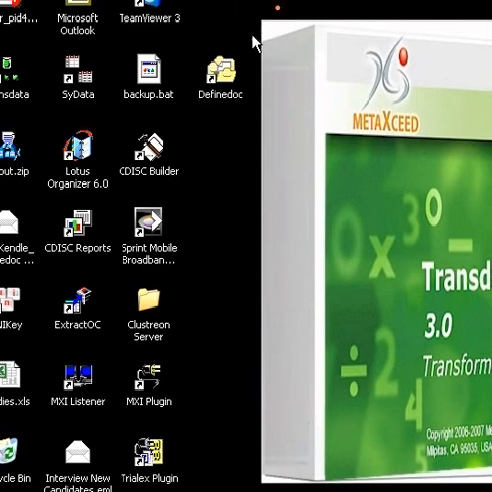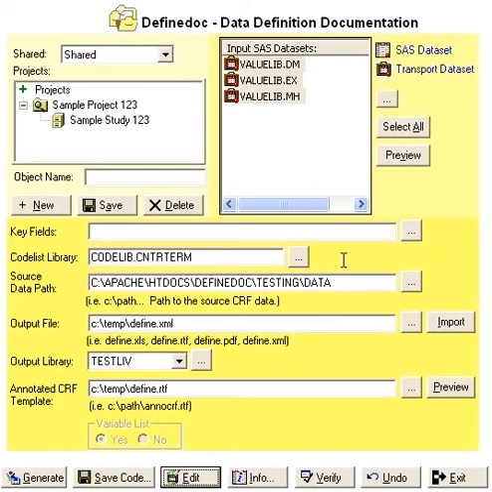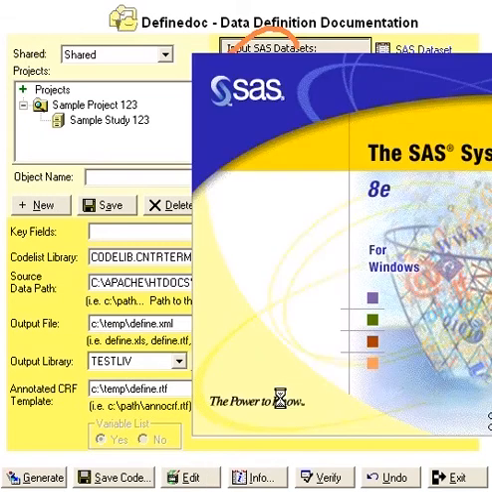Start out by double-clicking on the desktop icon, and then in that case have the user go through the usual steps of selecting all the input data sets. One thing to do is to make sure that they click on edits and then select multiple different value level lists. So in this case you would